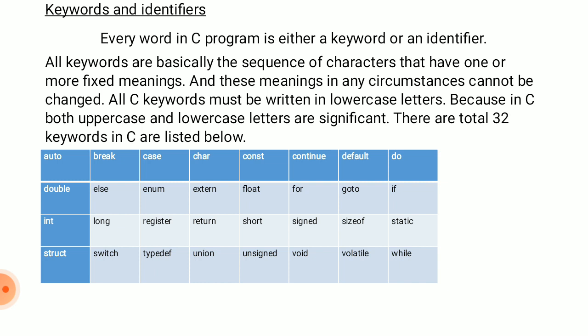If I give one example, see, the first word is auto. Instead of auto, the same word I will keep, but instead of a lowercase a, if I write a capital A, then it is not a keyword. Okay, so same thing, if you take any word, if you write an uppercase letter or if you change the meaning of that, then that is not called a keyword. Everything must be written in small case letters, or lowercase letters, that is a keyword.